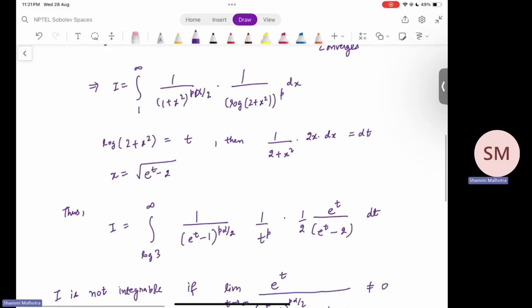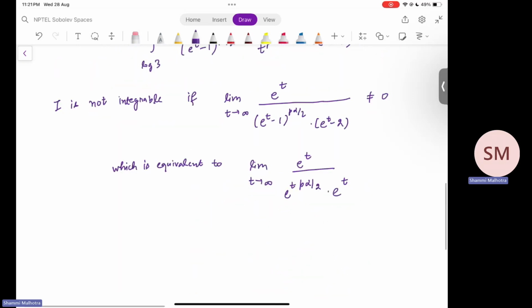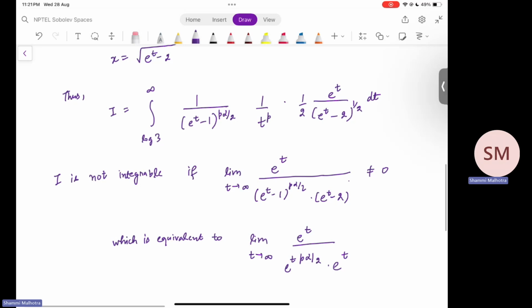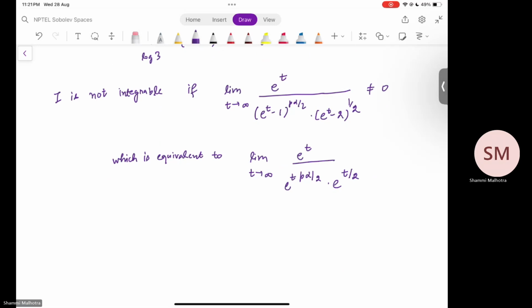Oh yeah, so this will be a square. This will be half power here because I just considered twice of x only. So it's half here, and this is t by 2. So this is equivalent to this thing. And what is this limit? This is nothing but the limit as t tending towards infinity of e to the t to the power of 1 minus p alpha by 2 minus half,